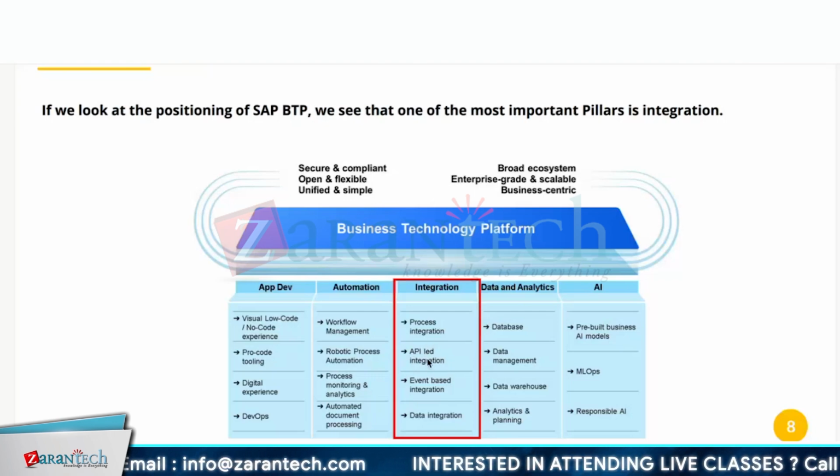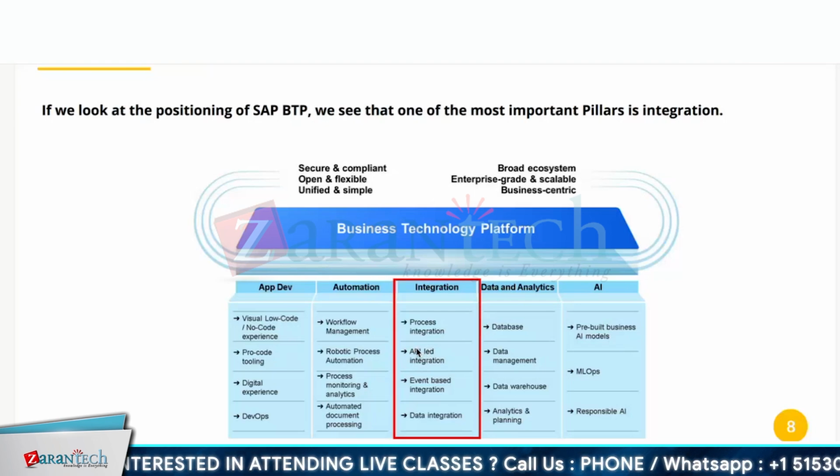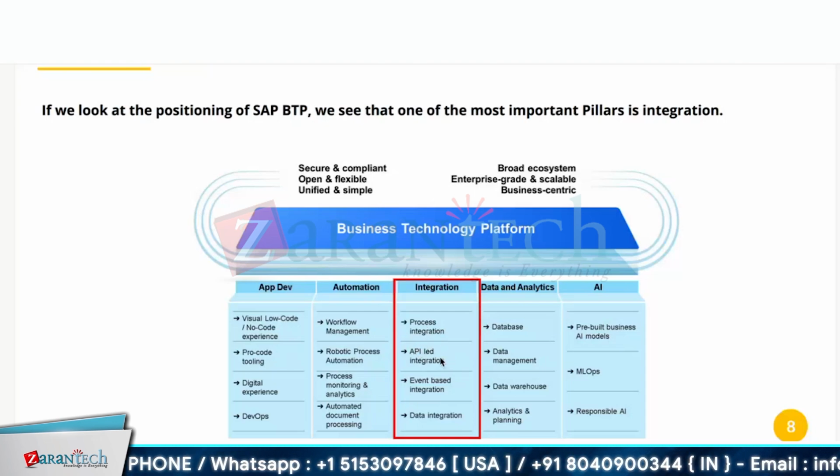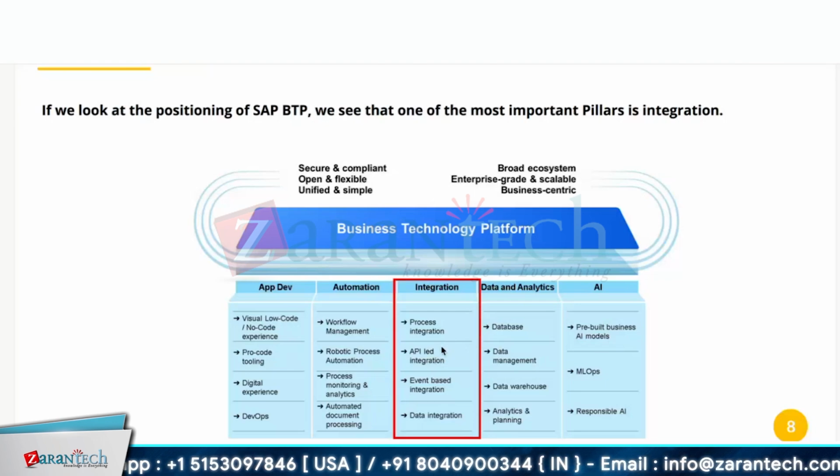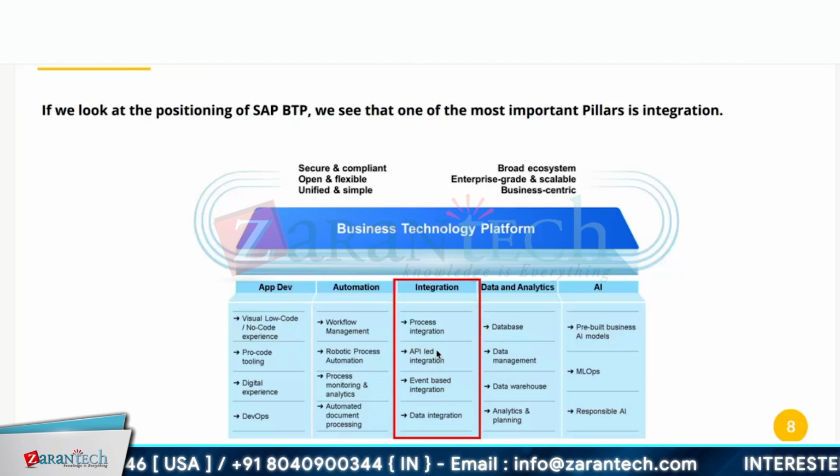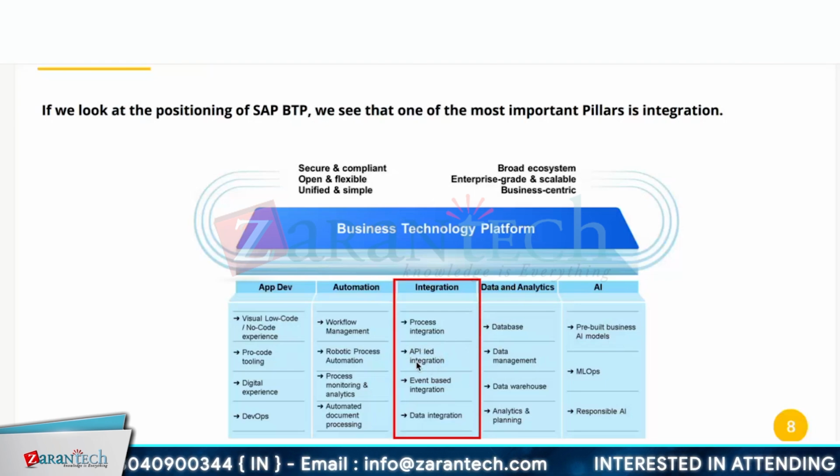And you can use your API Management as masking to your backend host also, and any of your backend systems. It could be your S4, or your SCPI, or any S4, Ariba, or SuccessFactors system. Anything you can use, and you can actually expose that API to the outside world.